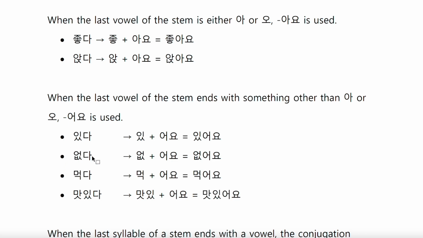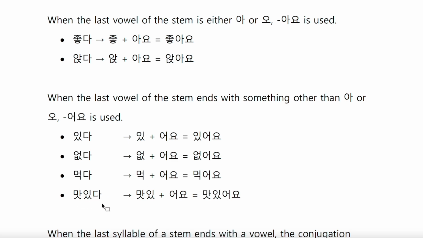없다. You remove 다, not exist, 그렇죠? Not have. Then the last syllable, this only syllable has 어. Then it's not either 아 or 오, then we need 어요. 없어요, 그렇죠? 먹다 means to eat. And you remove 다 to get the stem of this verb. And 먹, eat. And it has 어, then we need 어요. 먹어요.